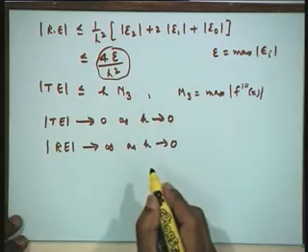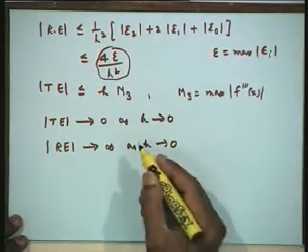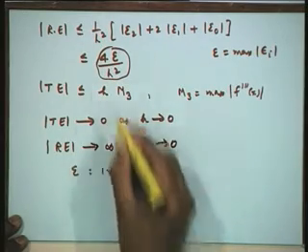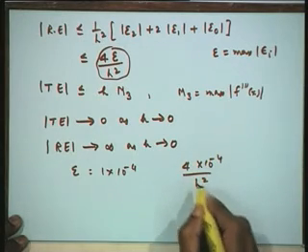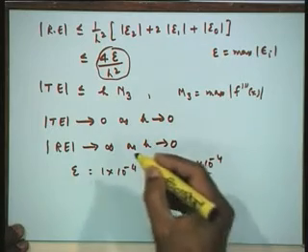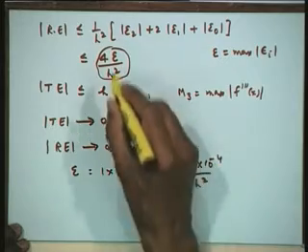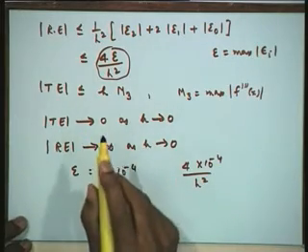You see, for example, if epsilon is 1 into 10 to the power of minus 4, then this would imply 4 into 10 to the power of minus 4 divided by h square, depending on the step length. Now, you can see that if h is smaller and smaller, going to 0.01, 0.001, this is going to be a very big quantity, and therefore, the round off error can blow up, and it can really play havoc in finding the numerical solution. And hence, we say numerical differentiation can be an unstable process.